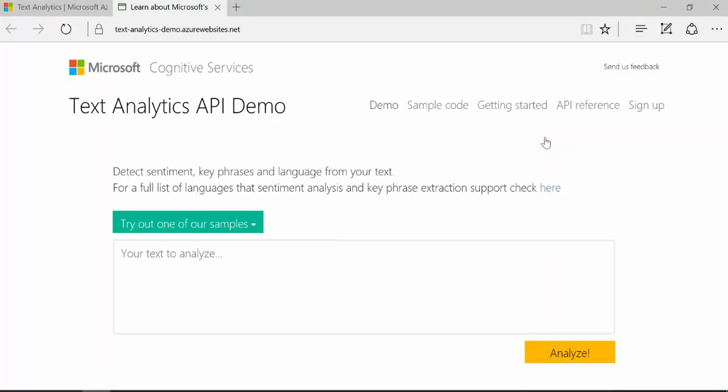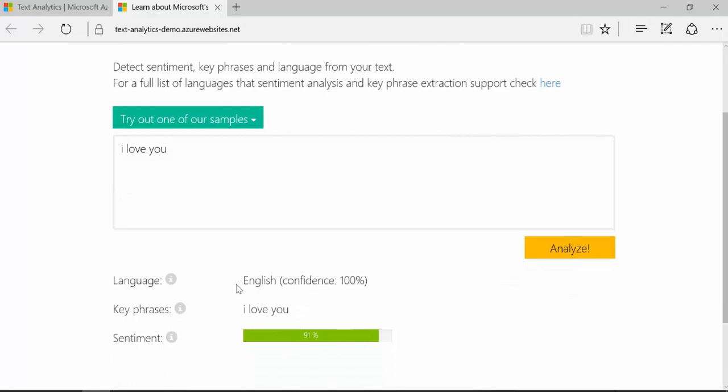Here you have a demo on how the service works. So say "I love you." Analyze. And it says 91% confidence that this is a good comment. What happens if we write "I hate you"? Well, that is negative. So these kinds of easy phrases, it picks up. Now when we are using more difficult language, it is not working that well, if we say so. But again, check it out with your own data and see for yourself if you think it's good enough or not. So once you click on sign up,